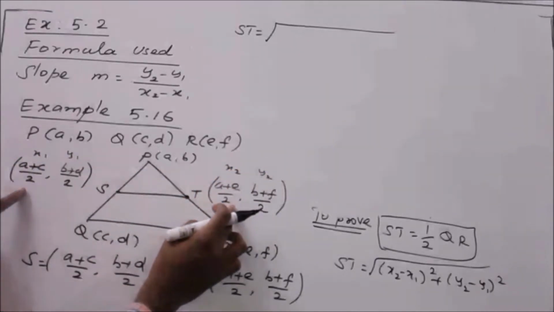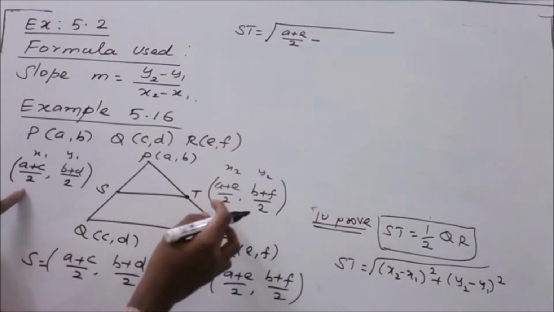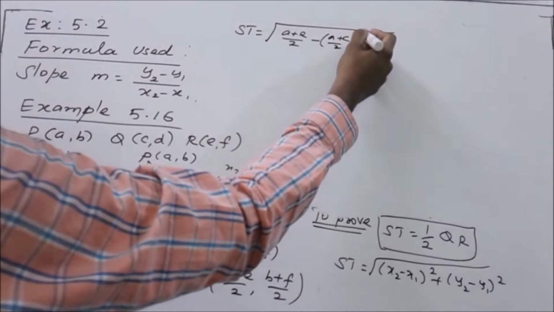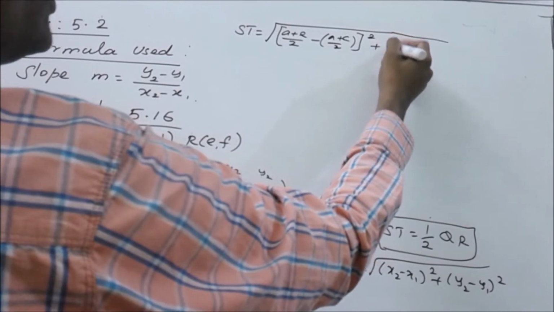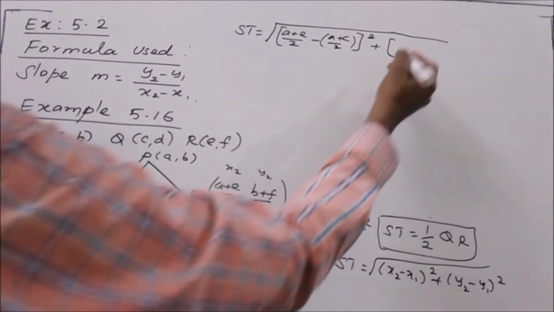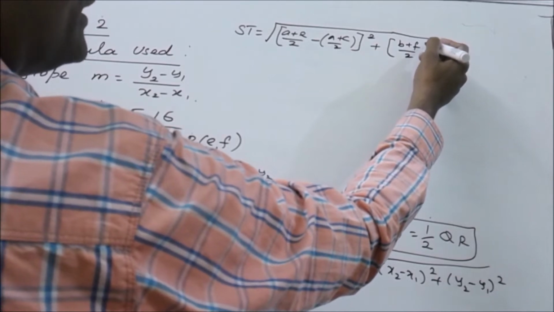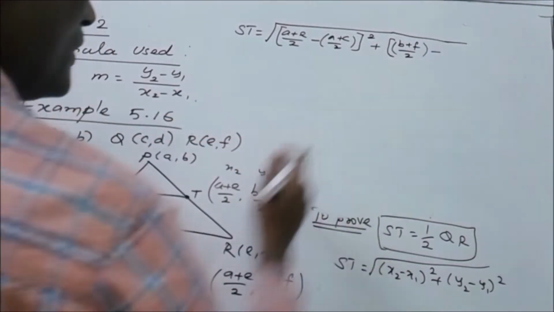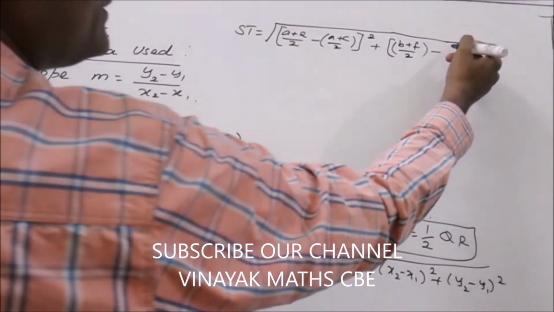Now (x2 minus x1) whole square: ((a plus e) by 2 minus (a plus c) by 2) whole square, plus (y2 minus y1) whole square: ((b plus f) by 2 minus (b plus d) by 2)